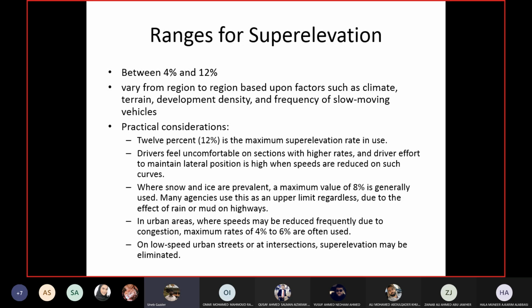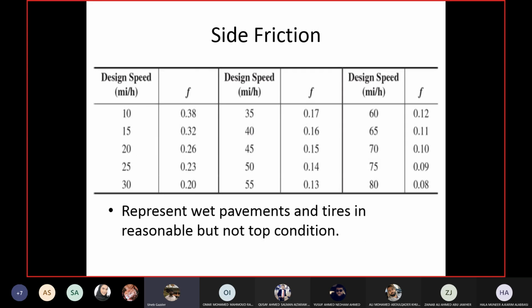Okay, but you have to provide a cross-sectional slope for drainage, like you provided for a normal road, but super elevation need not be taken into account for the calculation of radius and so on. Okay, for intersections and low speed urban streets, because they become a case for low speed turning, then you don't need to use the radius equation at all.